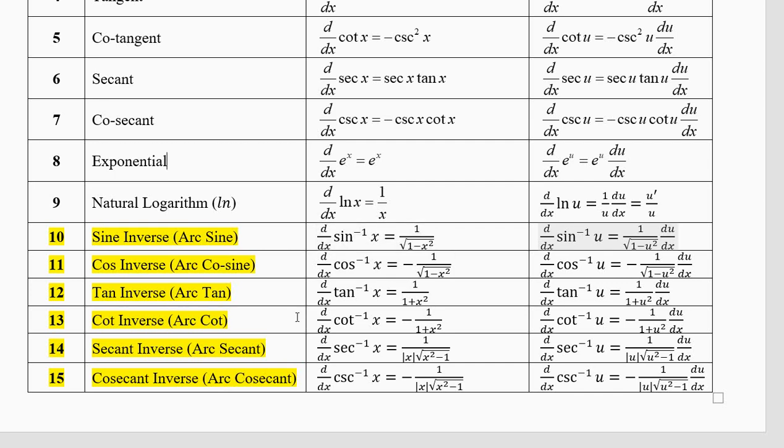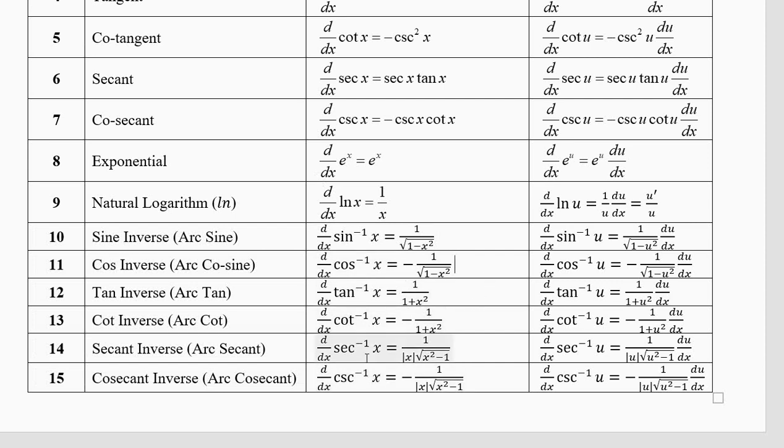Now these are the derivatives. Derivative of sine inverse x is 1 divided by square root of 1 minus x square. Derivative of cosine inverse is minus 1 over square root of 1 minus x square. Same thing happens here. The two are very similar and they just differ by a minus sign. Derivative of tan inverse x is 1 over 1 plus x square. Derivative of cot inverse is minus 1 over 1 plus x square. Those of you who have done trigonometry and your school geometry in detail will know why they are so similar.